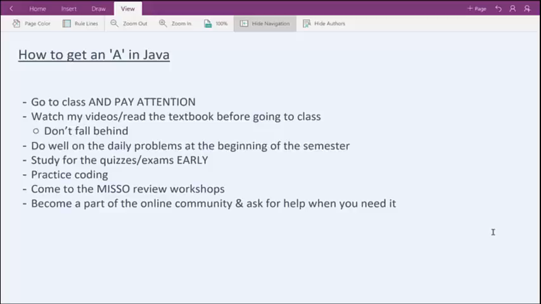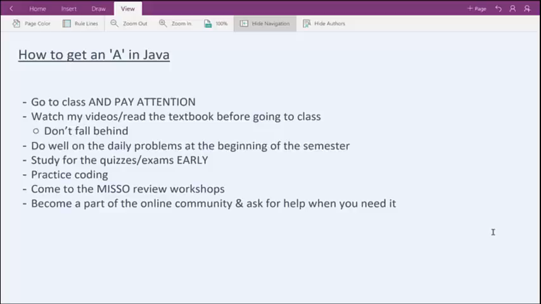So these quizzes where you're hand coding, you have to get really good at coding, and the only way you get good at it is by putting in time and the practice. So definitely practice coding through the quizzes, through the assignments. Just stay on top of that aspect of this class.